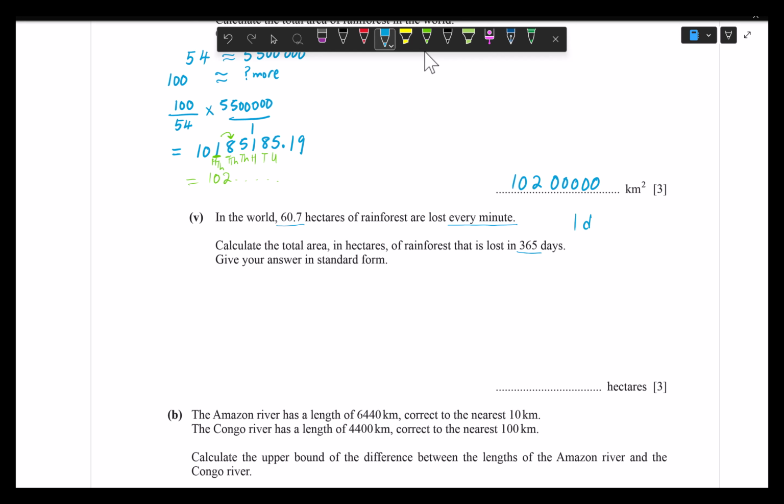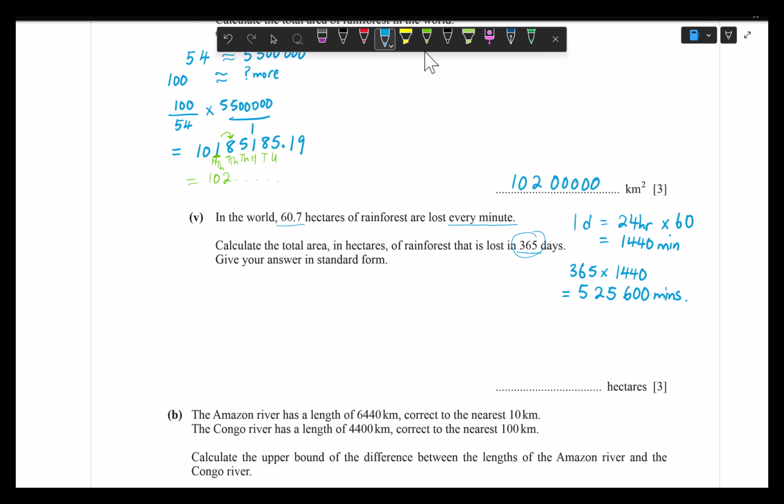So we know that 1 day is equal to 24 hours, and we want to change this to minutes. Hence we're going to say 24 hours times, because there are 60 minutes in 1 hour, we're going to multiply this by 60, and we get 1,440 minutes in 1 day. But now we want to find for 365 days. So we're going to say 365 times 1,440 minutes, and we get our answer as 525,600 minutes. So these are the minutes that we have in the entire year, and every minute we are losing